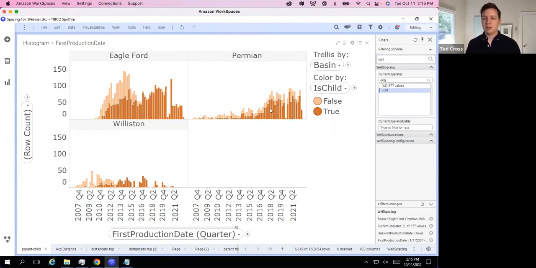Whereas in the Permian, there's still 20% or more of the wells that are co-developed parents. This is something that we see across multiple operators. And in the Permian, you generally have better held by production from vertical wells. Because you have such a vast degree of stacked pay, you can also have a well that is super high in the section, and they're coming back and developing everything below it as functionally child development. So that's just an interesting trend that we've seen there.